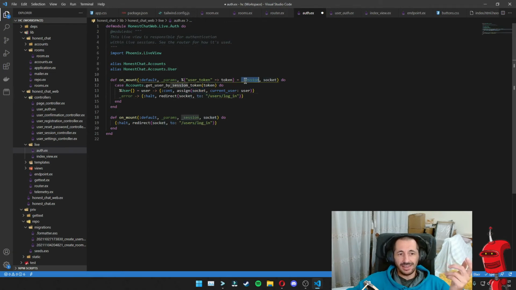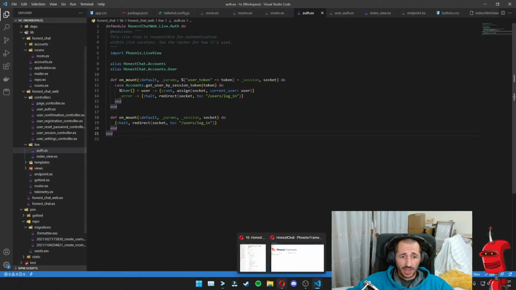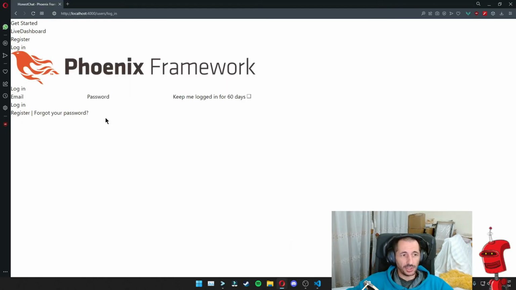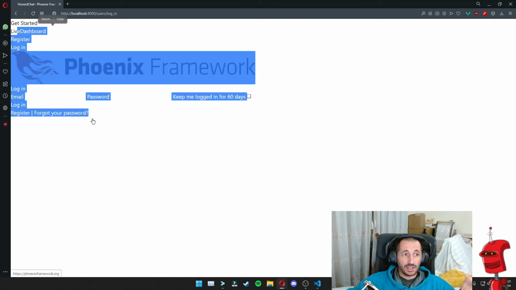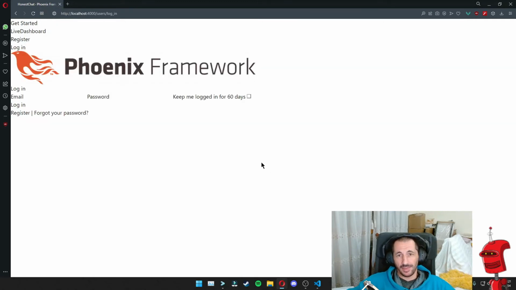And in the case that it doesn't even have this user token on the session, so it doesn't pattern match on this clause here, it pattern matches on this one, we instantly redirect to the user's login as well, which means that now that we have this, if we go back to our browser, we should see the login screen, because we were trying to access a live view that was protected and we never logged in. And this ties up really nicely into our next step, which is to basically restyle this thing, like the login